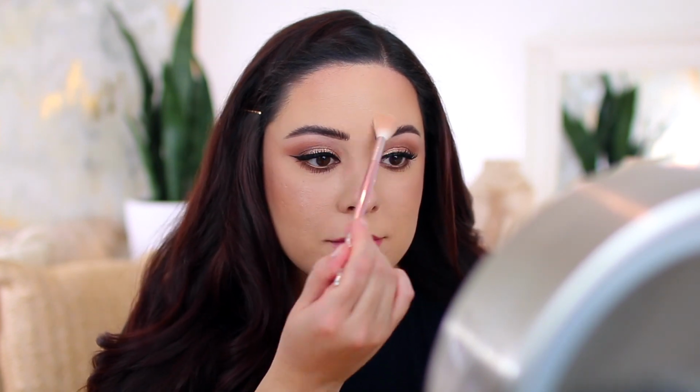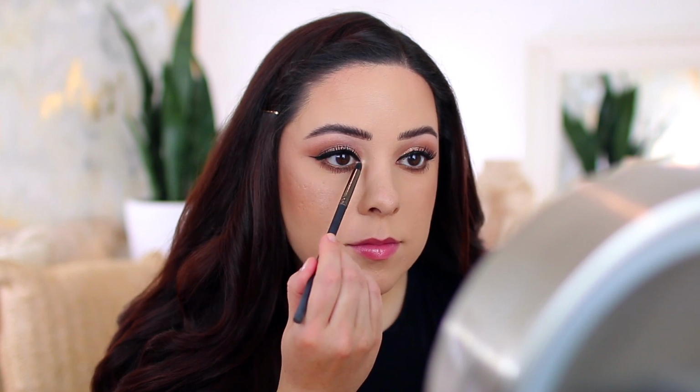This formula is a little bit more powdery than the bronzer palette, but I do think once they're on the cheeks, they look really beautiful. You can tap off any excess, and what I like about these is they look a little bit more subtle on the skin. I've heard a couple people describe them as really intense, and I think you can build them up, but for me, compared to some of my other super intense highlighters, these are a little bit more subtle,